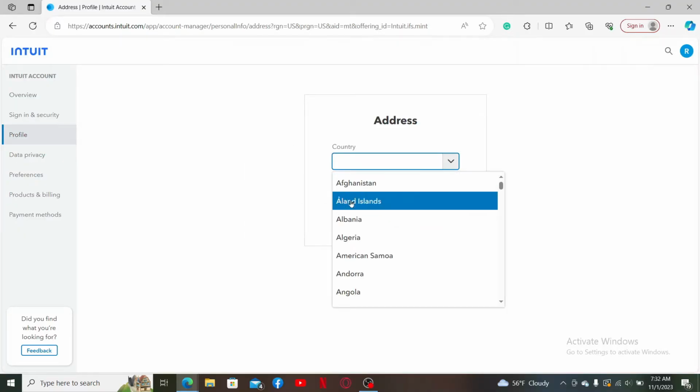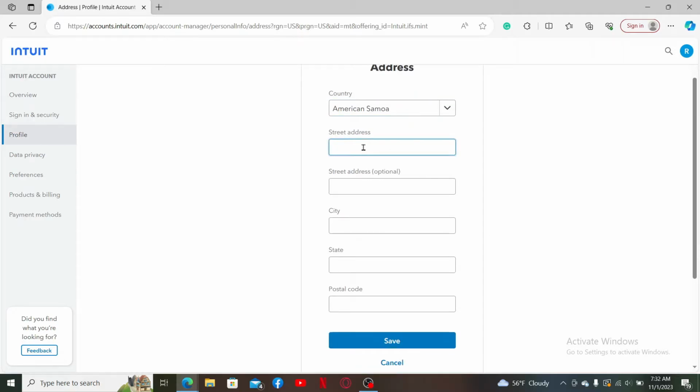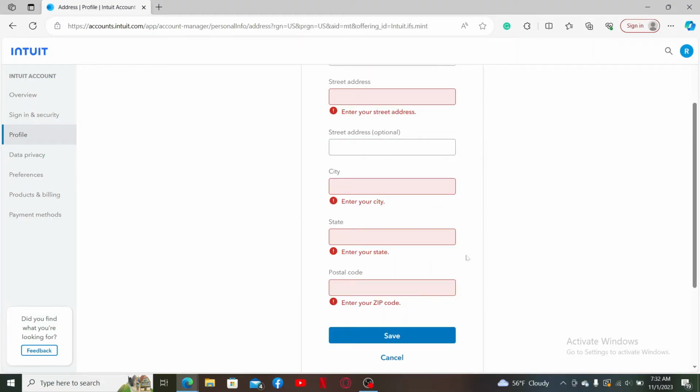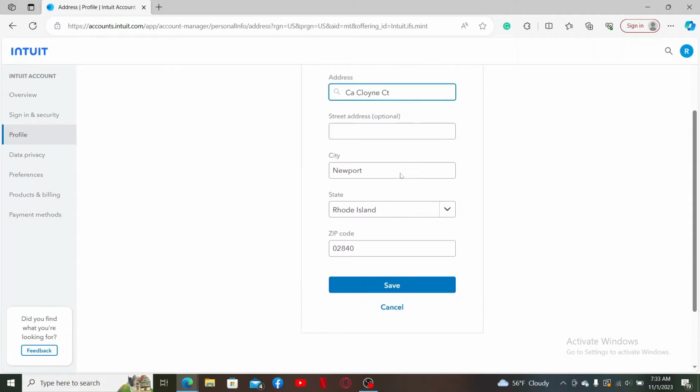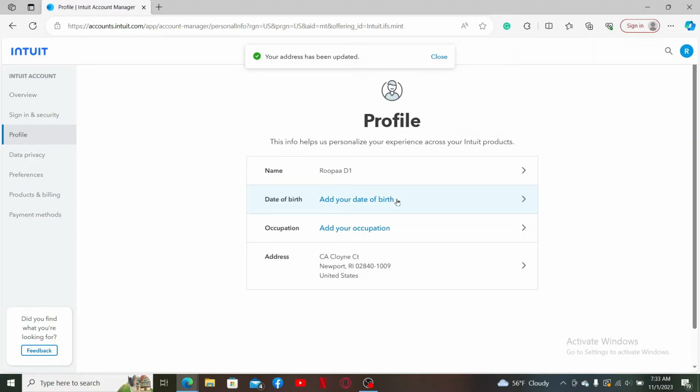Select your country from the drop down that you would want to change to and then enter your street address, the name of your city, your state, and then your postal code. Make sure to enter all of the details. Finally, after filling all of the details in the text boxes, click on save and you'll be able to update